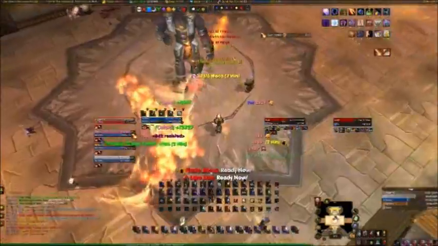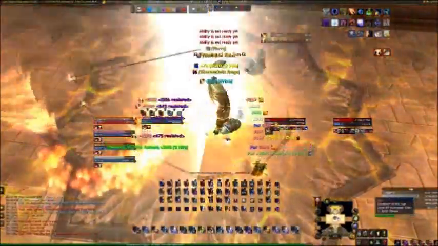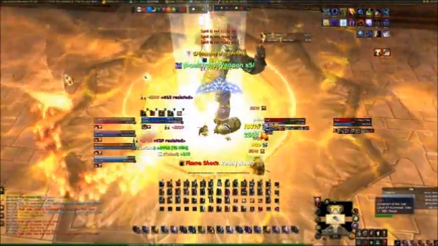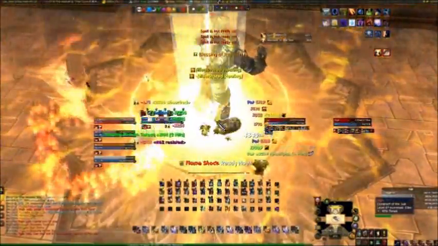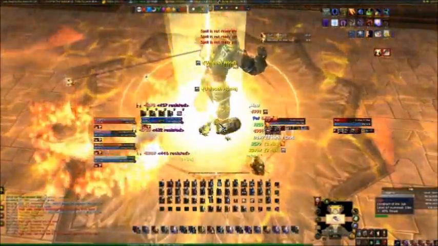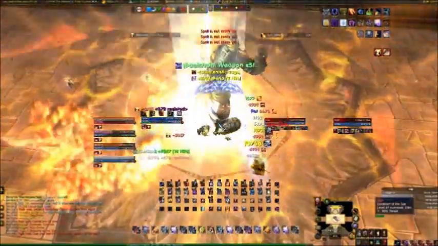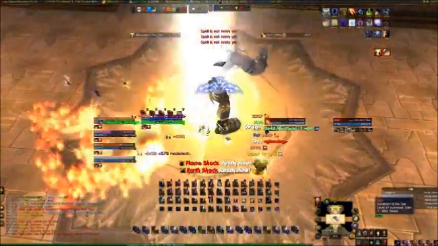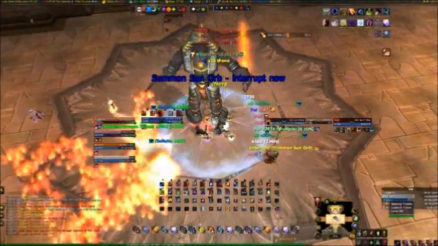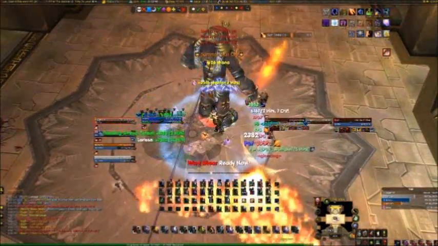So you can see we pushed him into his Blessing of the Sun phase pretty quickly. And basically all this becomes a race against your healer's mana. He just basically spends the rest of this fight spamming this ability. I think it's on about a 15 or 20 second cooldown before it stops, and then you